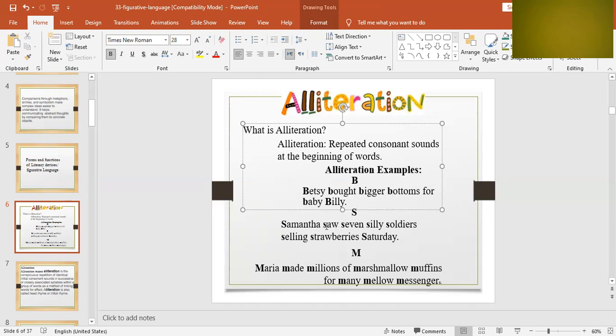Samantha saw seven silly soldiers selling strawberries Saturday. You see the S, and so on. And in Macbeth, you remember, foul is fair and fair is foul, fog. So you use the F, if you remember, in the first